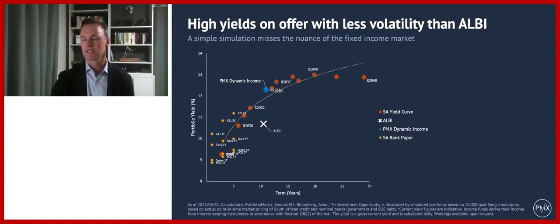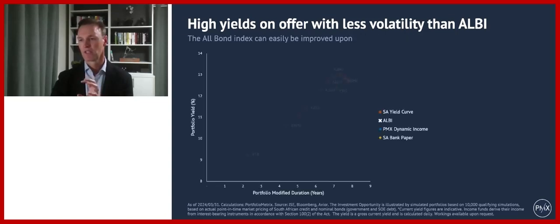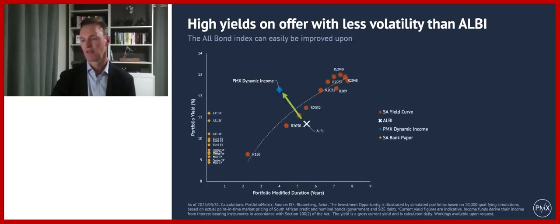But what's important to understand with the bank type bonds is that because they're floating rate bonds, if I show this using duration, here's the duration of the government bonds and the duration of our portfolio at the moment. So you can see a higher yield than the All Bond with less duration. But this is what the duration of a floating rate bond looks like. It basically behaves like cash most of the time, unless you see a spread movement. The yield on these bonds moves up and down with interest rates as interest rates change, so you don't pick up capital volatility.